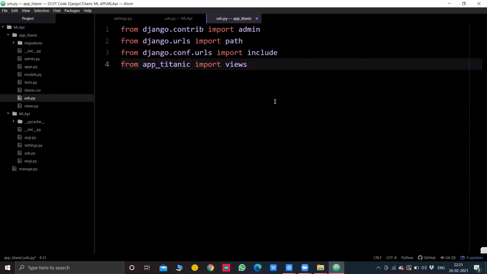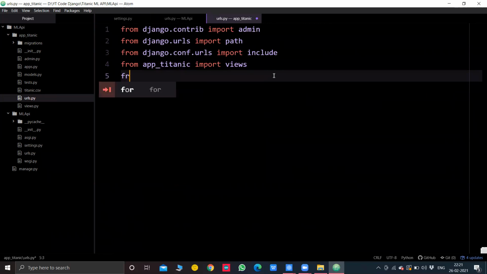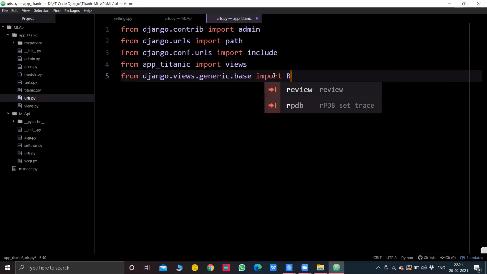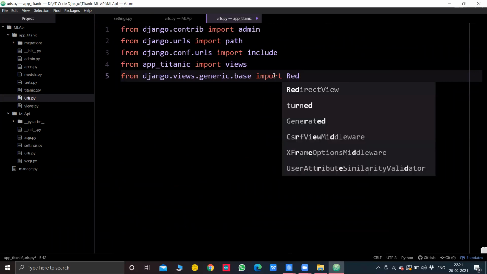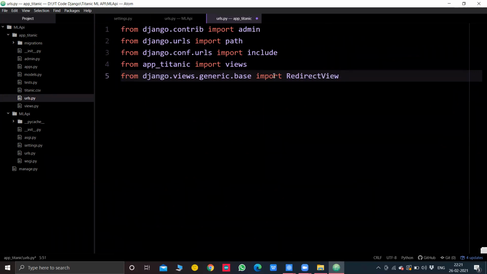Yeah, from app_titanic import views, and we'll also have to redirect here again, right? So from django.views.generic.base, I will import RedirectView. For now, we'll have to import some stuff later, but we'll check it out first.